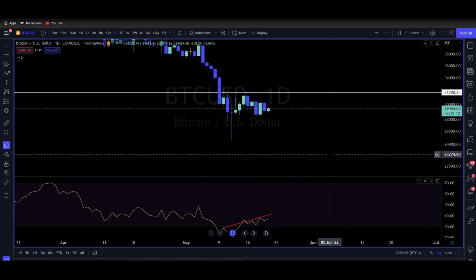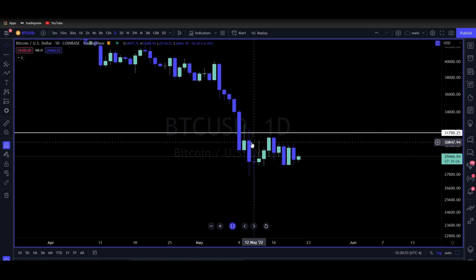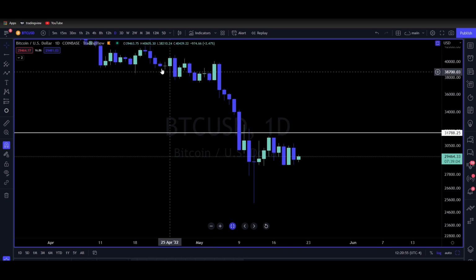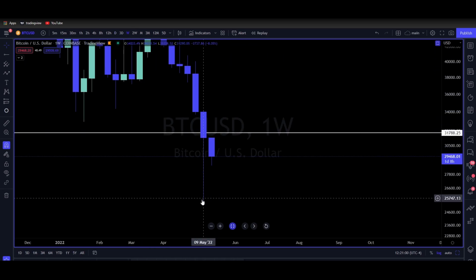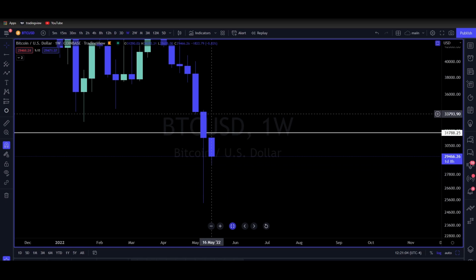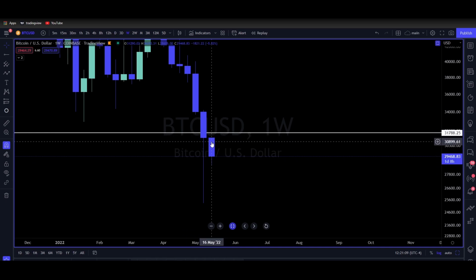Let's get rid of the RSI and divergence and talk about last week. Last week, you can see here that we traded as an inside weekly range. If I go over to the weekly chart on the spot market, you can see a big, nasty down range on last week's candle. This week, we traded inside of it, but on the CME chart, we did close lower